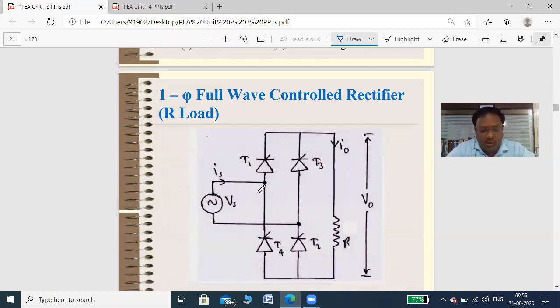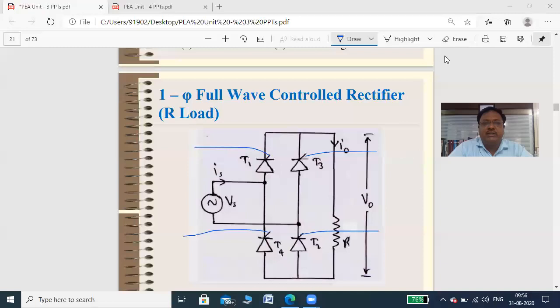Dear students, again I want to tell you one most important thing. All the converters show SCRs, right? SCR is a power device. A power device requires a gate drive circuit as well as protection circuits. Both circuits are not shown in the figure. Many times I told you, but we have to consider that the gate drive is required. It means there will be a gate drive circuit, definitely. Otherwise, these SCRs will never conduct, right? And a protection circuit is also required. That is also not shown here for simplicity, right?